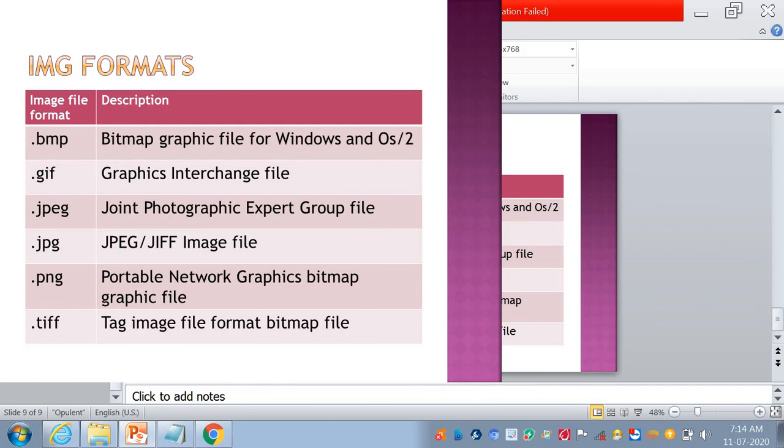So this is your image format. We have incorporated BMP, a bitmap picture file, into the image tag, but there are some other image formats that can be embedded into the image tag. They are all image formats and are easily used in your image.